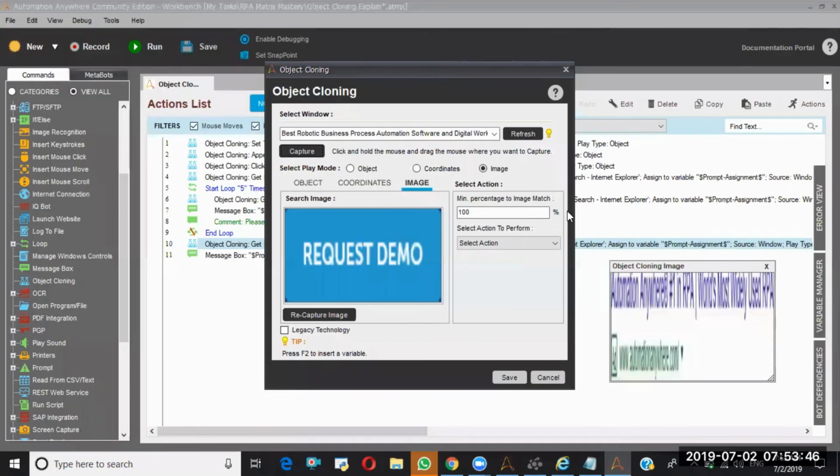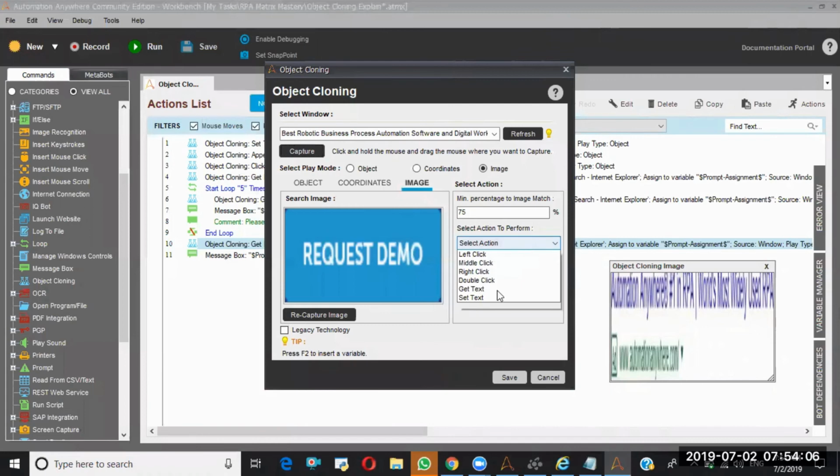So match percentage, how much image should be match? So all the times it may not match. So that depends on behavior. You can reduce, maximum is 100. You can reduce to 75 as well.